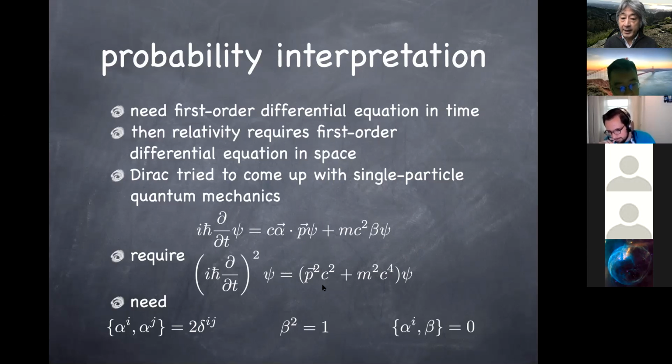But when i and j are the same index, this squares to 1. So if you just take the square without adding the opposite ordering, it's just 1. That gives you 1 with p_i and p_i with the same indices, and therefore you get p squared. So the idea is that if the alphas satisfy this anti-commutation relation, this c alpha dot p, the whole thing squared, will simplify to just p squared, the norm of this vector, times c squared.